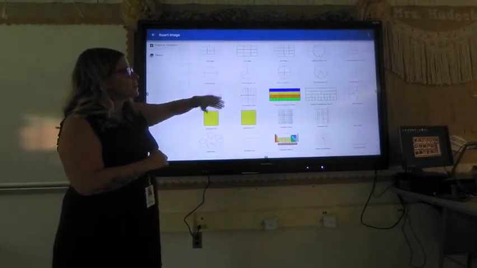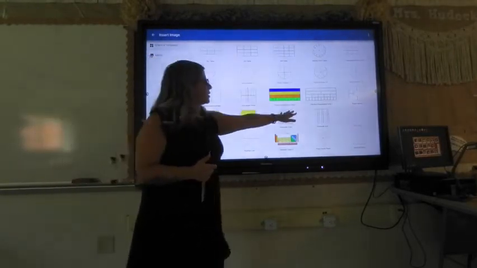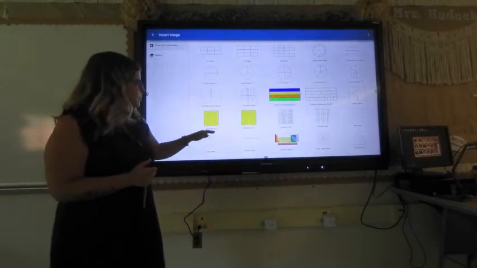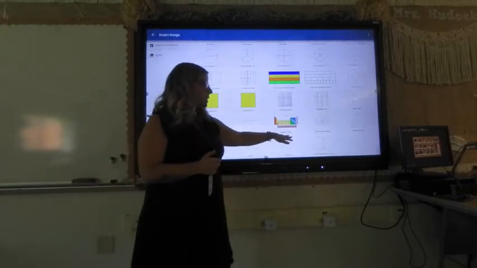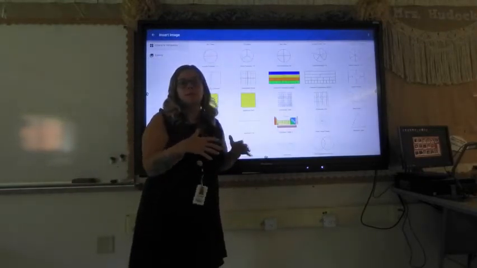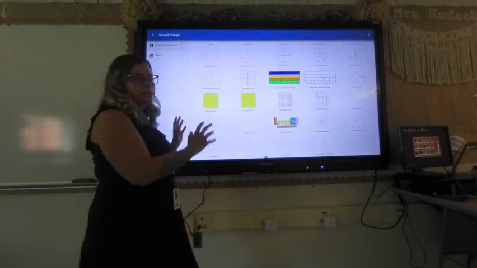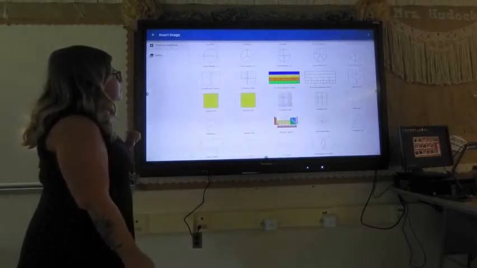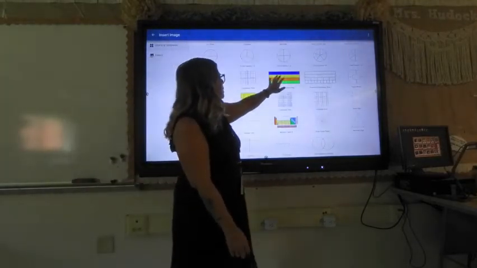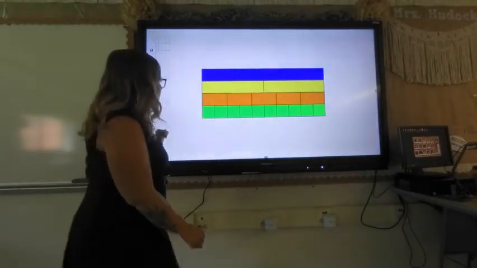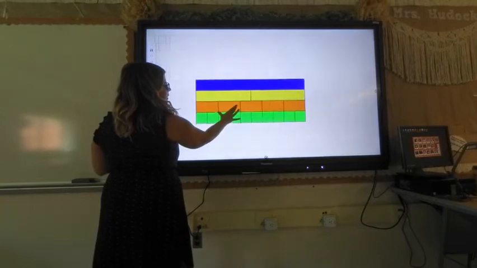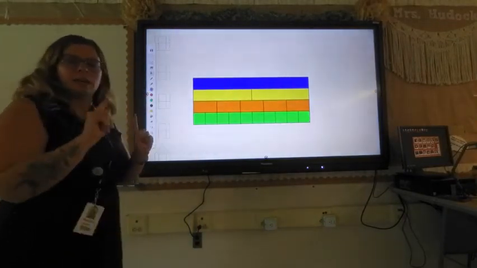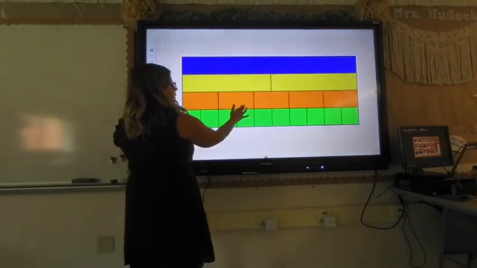So a lot of area models, different tables, some fraction equivalent strips, hundreds charts, geoboards, periodic table. So there are a bunch of different already made templates on there that you can throw onto your work. Then from there you can move it around, pinching it. It's very intuitive to students, pinching like on a phone to make it larger or smaller,